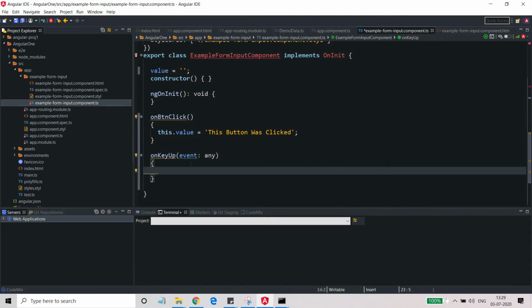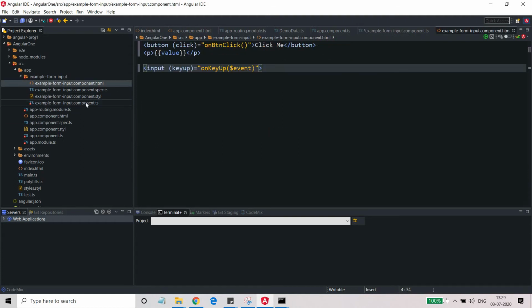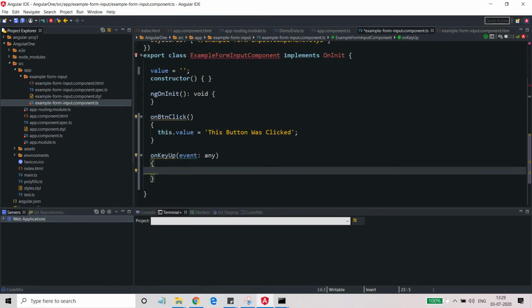Any is the data type, and event is the name of the variable of that data type. Any is like a void pointer in C. A void pointer can contain any kind of pointer, and in the same way any contains any kind of value. So the event comes from here, and it will land here.